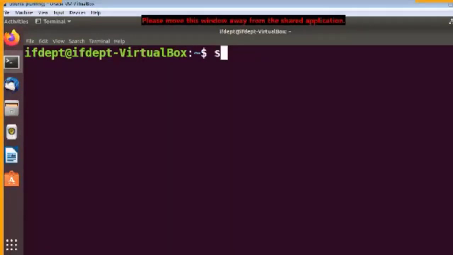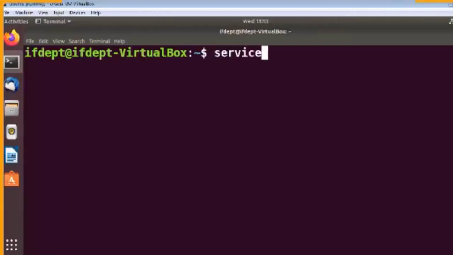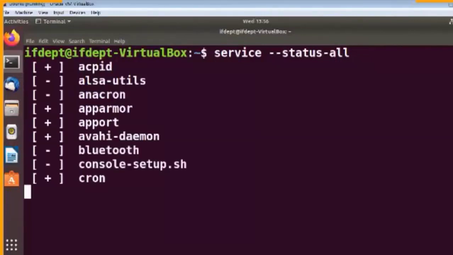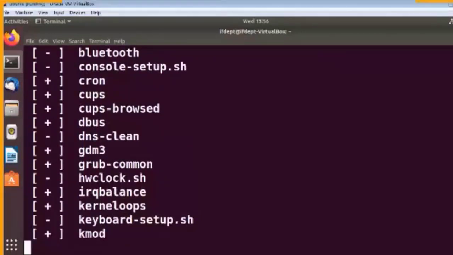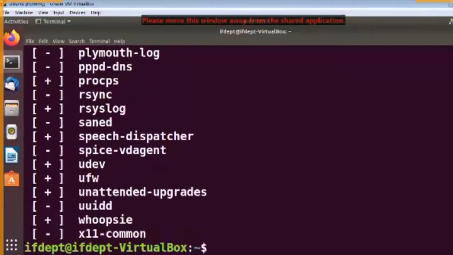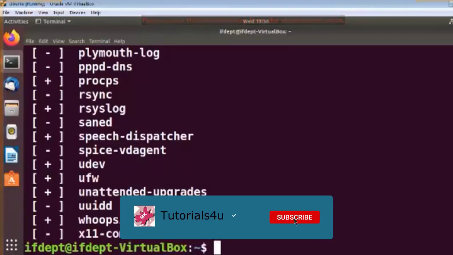I have to type the command service --status-all. After entering, what is going to happen here? As you can see, one by one, all the different services that are running in this particular system will be shown.